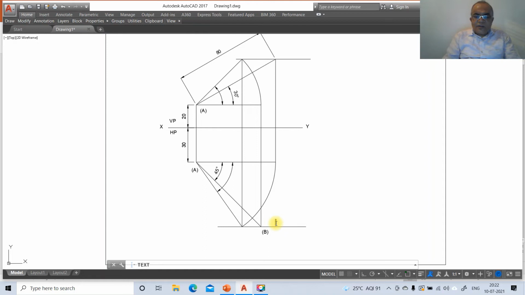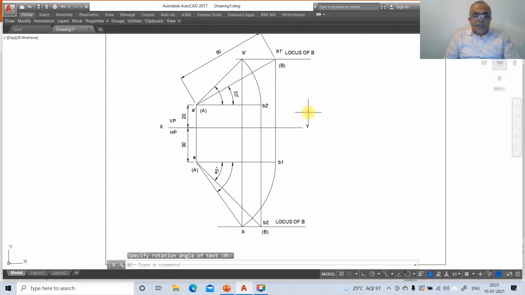This is going to be the locus of B, and here this will also be capital B, and you type locus of B here. So all the capital letters are over. Now we are going to write the small letters. Take A dash and type A, and here this will be B, and this will be B dash, and this will be B1 dash, and this will be B1, and this will be B2, and this will be B2 dash.